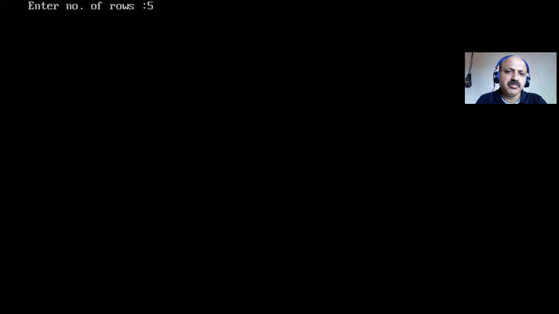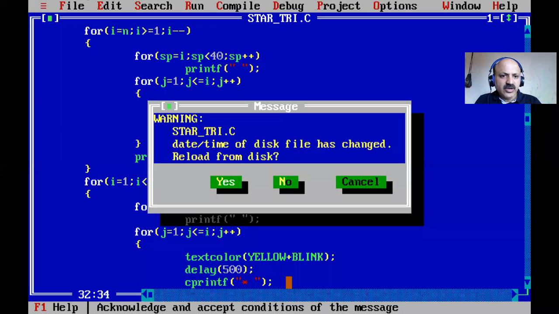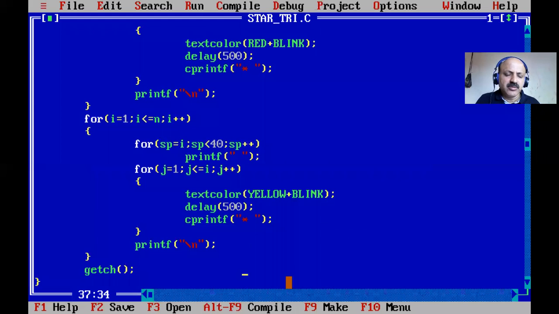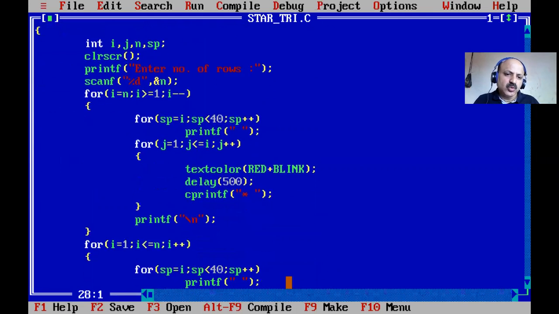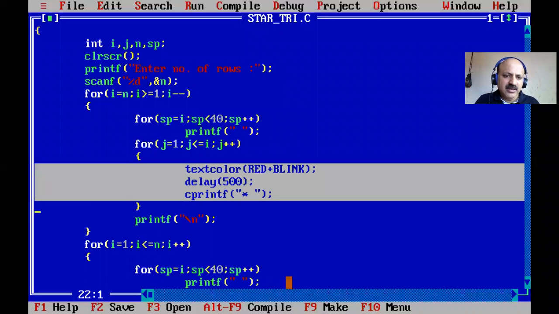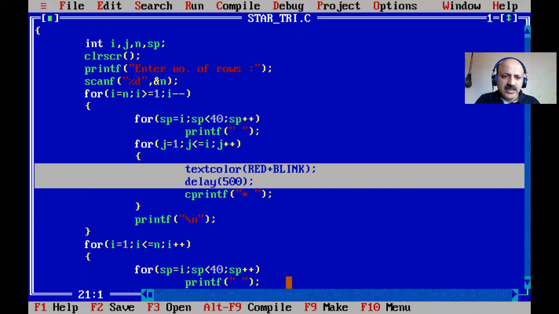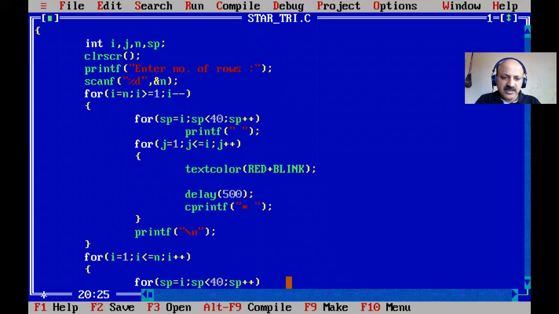Yes. So timer is a blinking. Yes. So I think you can end that magic, very important. So many important logic we have to use here. So simply we can go step by step to a timer shape like a star sign. So here are three new functions for you: text color, delay, and C printf. And also, last, let us do text background color.